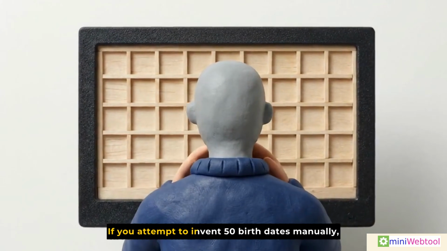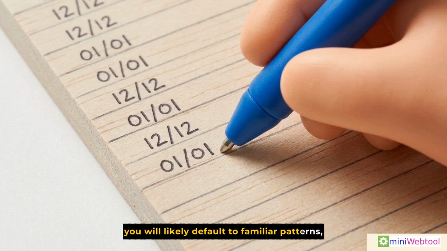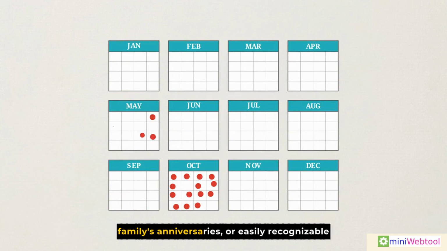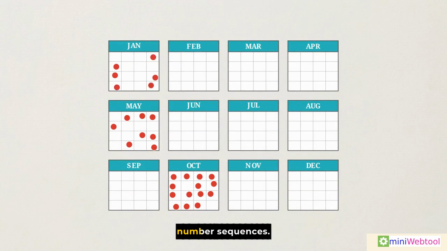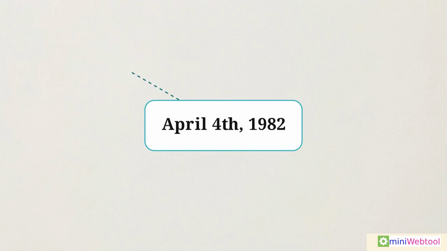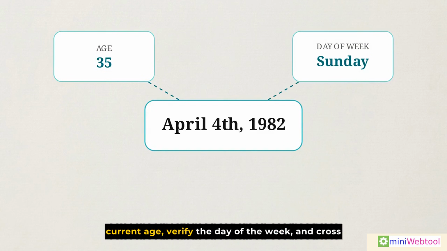If you attempt to invent 50 birth dates manually, you will likely default to familiar patterns, clustering dates around your own birth month, your family's anniversaries, or easily recognizable number sequences. Even if you pick an arbitrary date, say April 4th, 1982, you face the task of building its context. To make that data useful, you must determine their current age, verify the day of the week, and cross-reference their